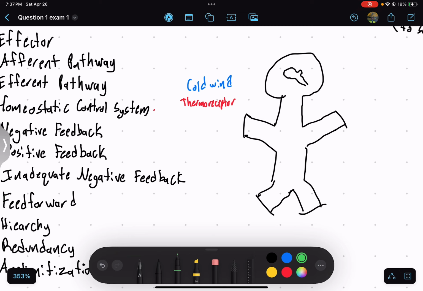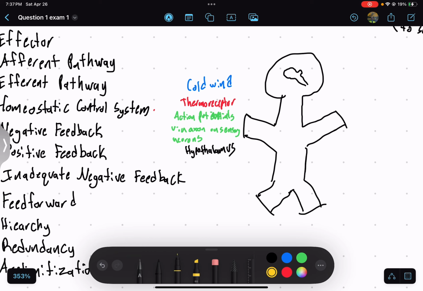Then those receptors are going to send a signal through action potentials via axons on sensory neurons, which will then stimulate the hypothalamus, the control center,